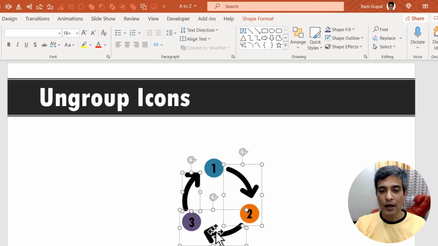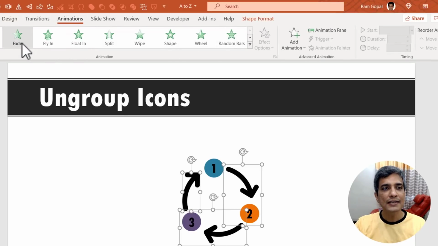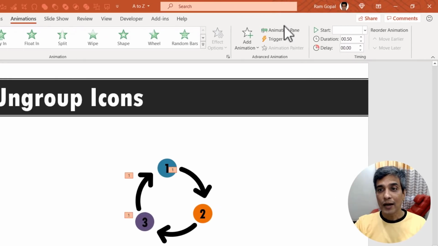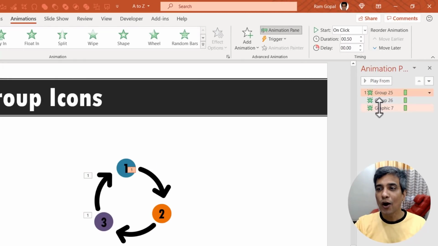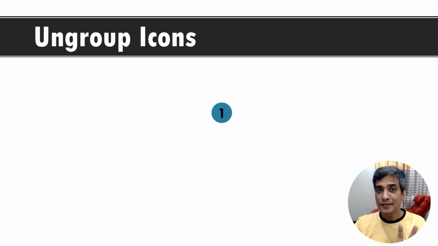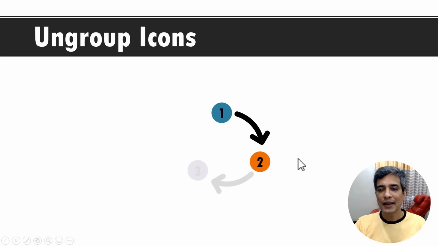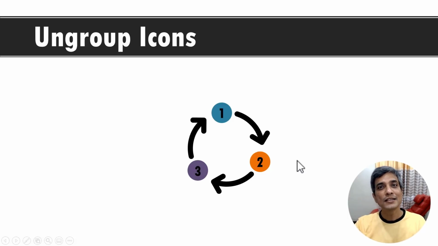I have selected 1, 2 and 3 elements. Go to animations and I'm going to say a simple fade animation. Now let me go to animation pane and say all these are going to happen on click. When I go to slideshow, this is the way I would present the information. Here we have one element on the slide. It leads to the second element and to the third element, which in turn leads to the first element, making the circle happen. Now can you see here we have created a custom diagram completely from an icon available right